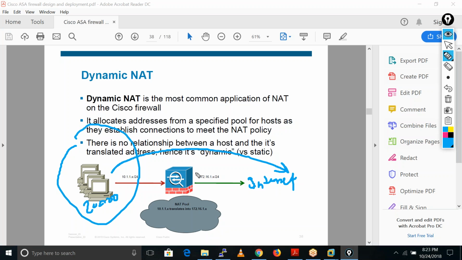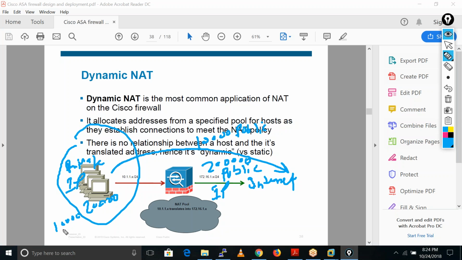So what happens if we go with dynamic NAT? If we have 20,000 users here using private IP addresses, we also need 20,000 public IPs for that. That is the problem with dynamic NAT. If these users send traffic towards the outside, and let's suppose of the 20,000 users only 10,000 are active at the same time, then we need at least 10,000 public IPs in that case.